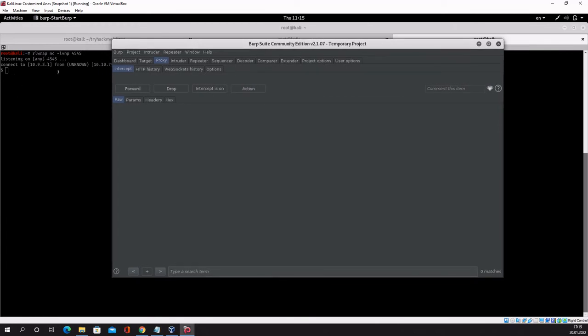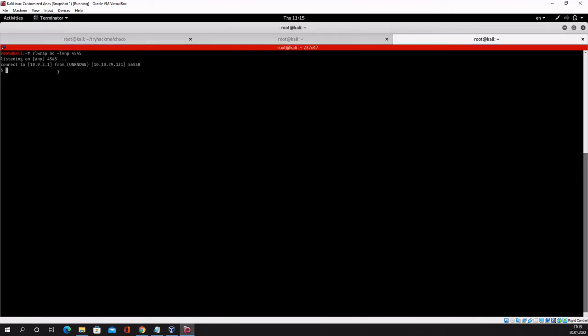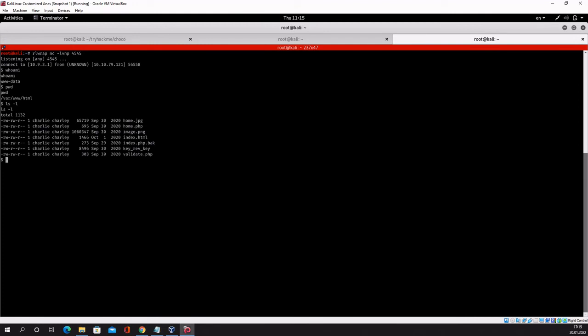We got the reverse shell now on our local machine on Kali. Awesome. So let's try some commands such as whoami, www-data, okay, pwd, ls -l, okay, id,